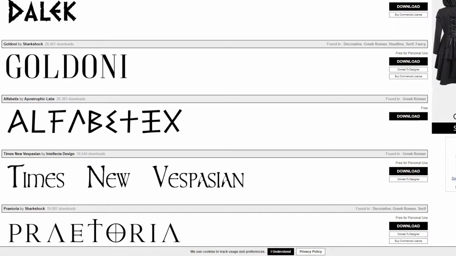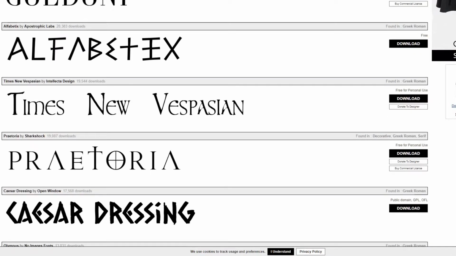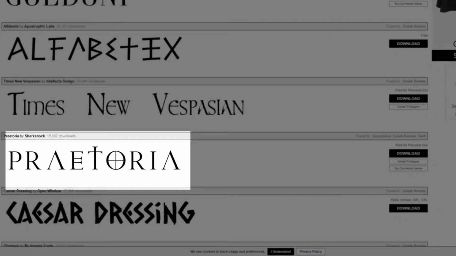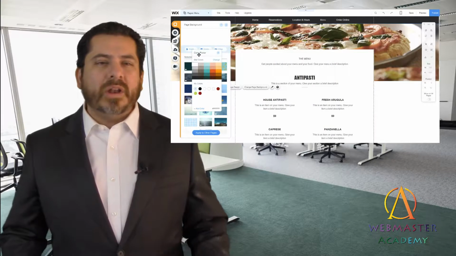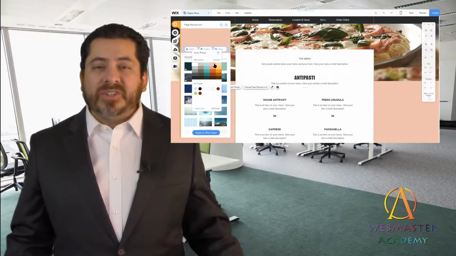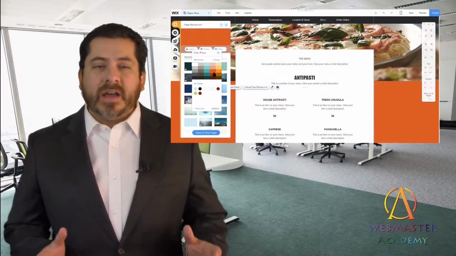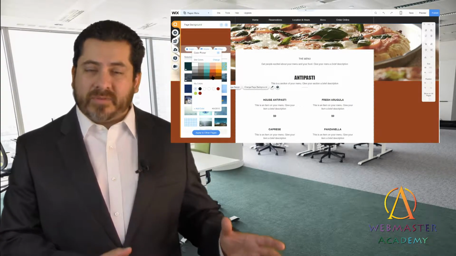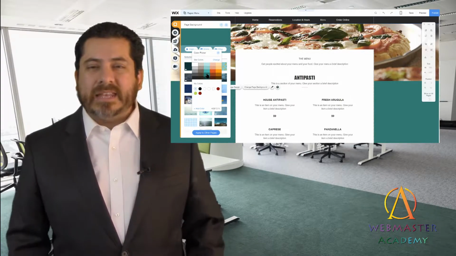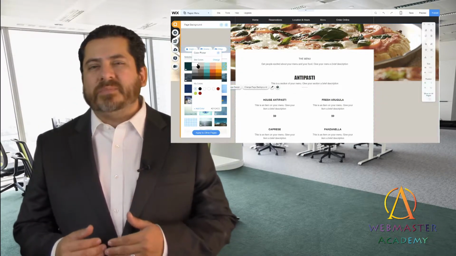For example, what kind of fonts should you use? You know you can go in there and choose 30, 50, even an infinite number of fonts. But which ones are best for websites designed for screens and for mobile devices? How many fonts should you use? What about colors? How many colors should your website have? Can we just choose any colors, or are there a predetermined set of colors that should be used? And if so, how do we make the text pop? How do we make it stand out on the screen?